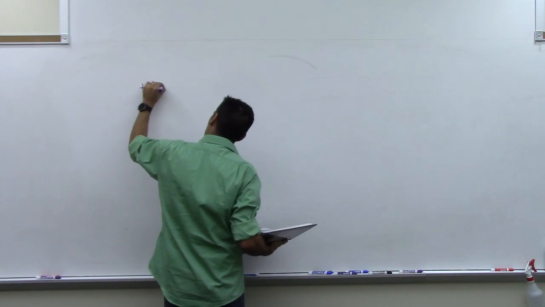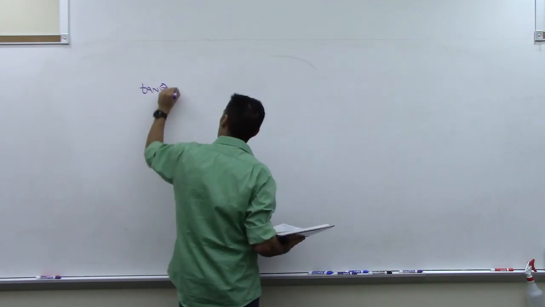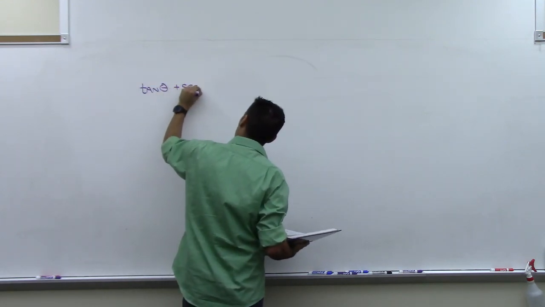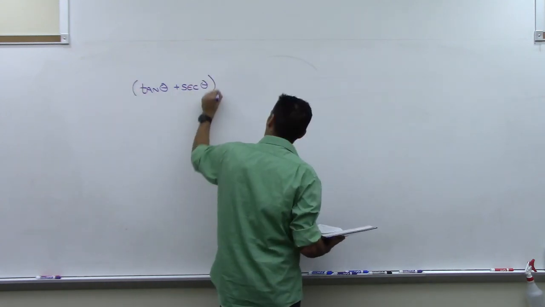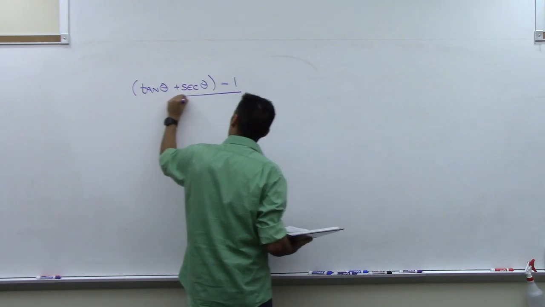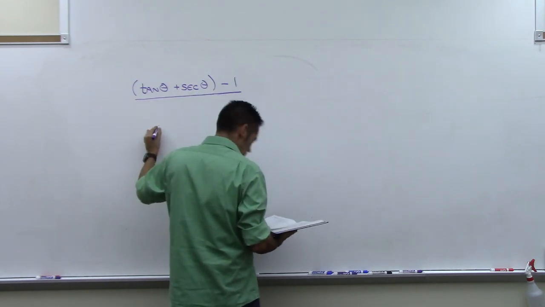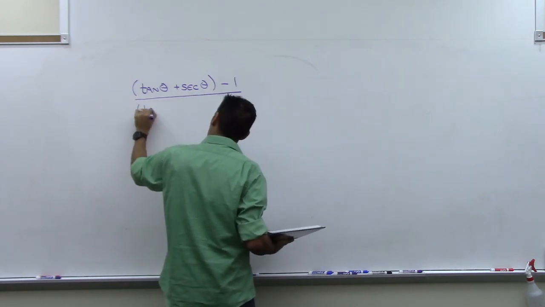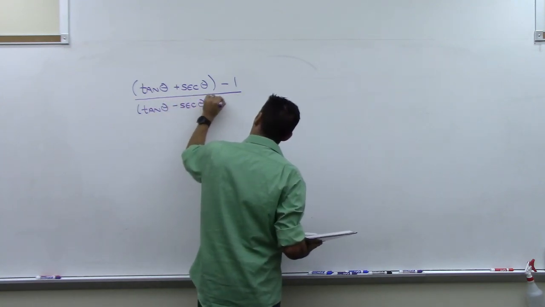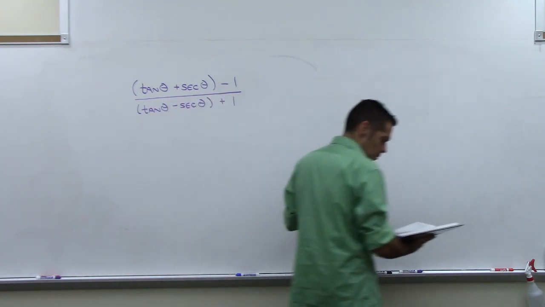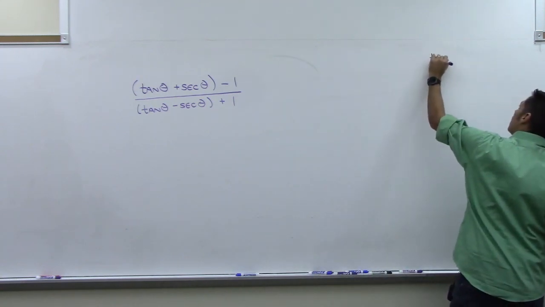Tangent theta, be very careful here, plus secant theta. Put that in parentheses, and we had minus 1. That's the numerator. Over the denominator, which was tangent theta minus secant theta plus 1. Now, where am I trying to get this to? Tangent theta